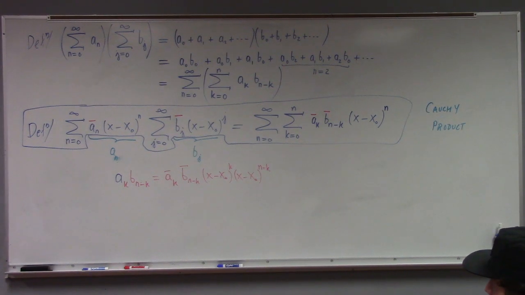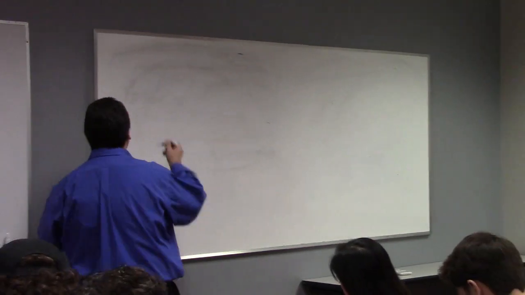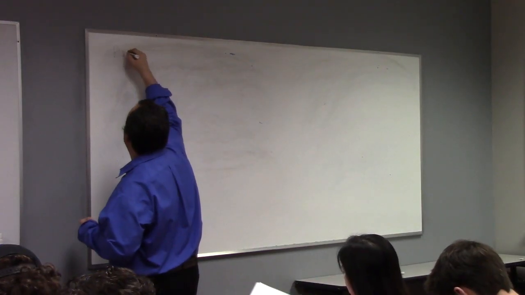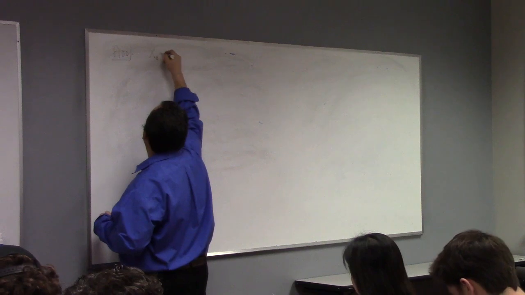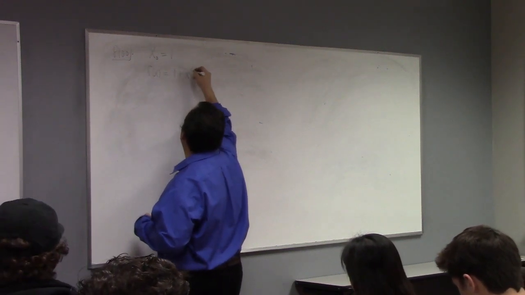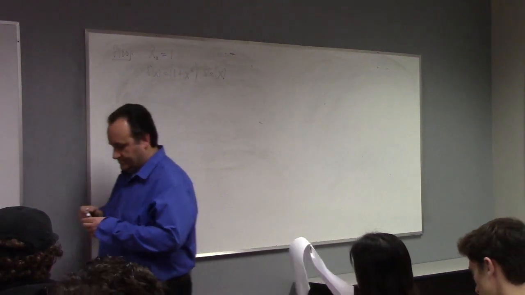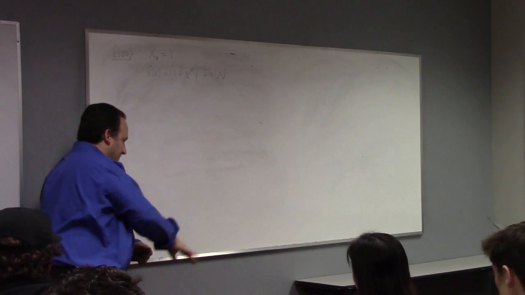Do you guys have other questions about homework before I go on? Yep, problem 100. Ah, I've lost it. You'll have to tell me what I've done to you. It says find the first three non-trivial terms in the power series centered at x naught equals 1, where f of x equals 1 plus x squared times sin x.